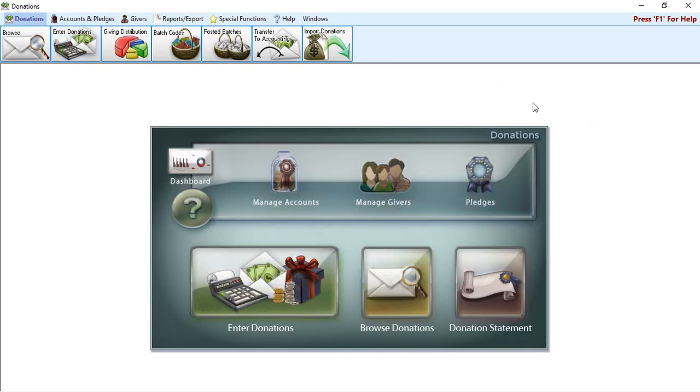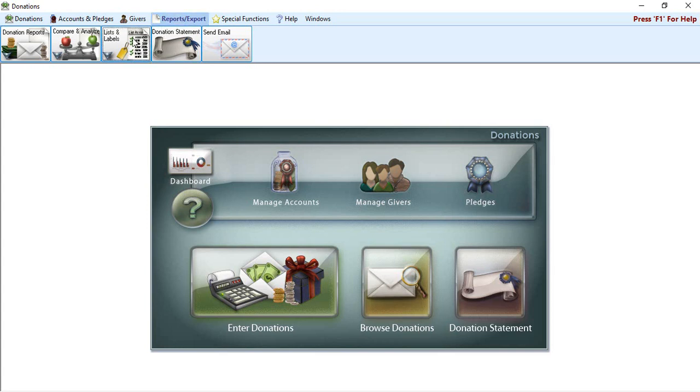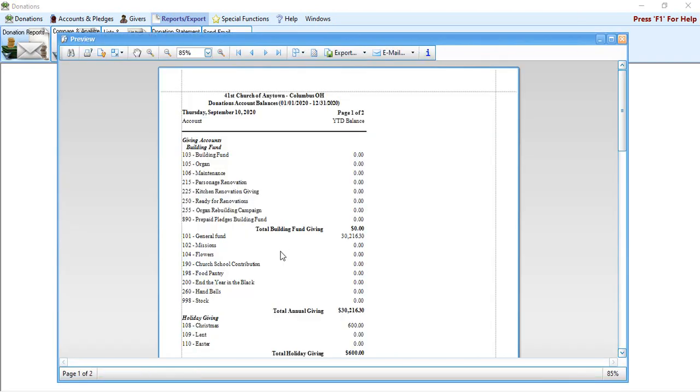Now, last thing here we are going to discuss is the subtotals section of donations. So subtotals are only going to show on one report, right? And that specific report is the list account balances report. I'm going to print that first just so you can see what it looks like, and then we're going to